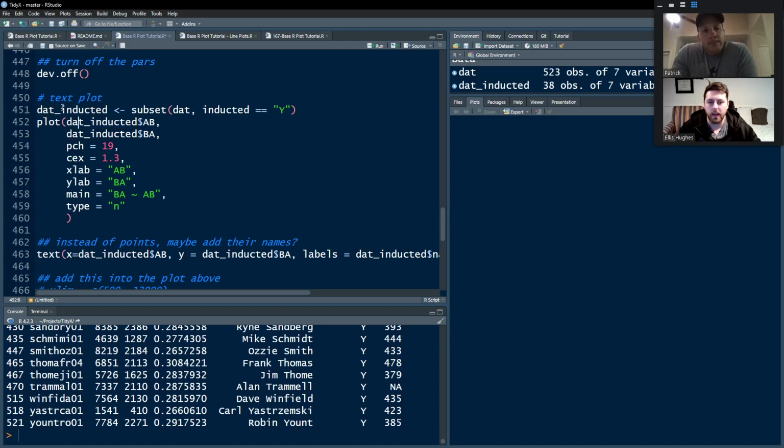So let's create a plot. We're going to say the x-axis is at bats for the DAT inducted, which is all the individuals that were inducted. Then the y-axis is the batting average. We're going to set the dot type to be 19. They're going to be zoomed in a little bit. The X label will be AB, the Y label will be BA, the title will be BA tilde AB, and